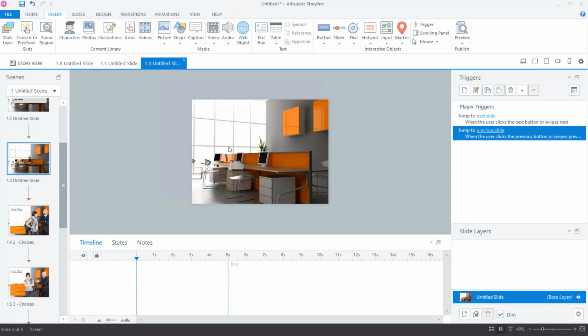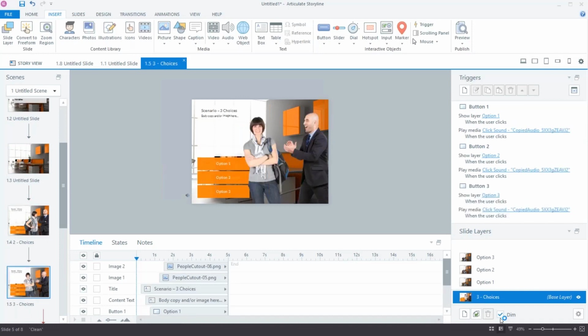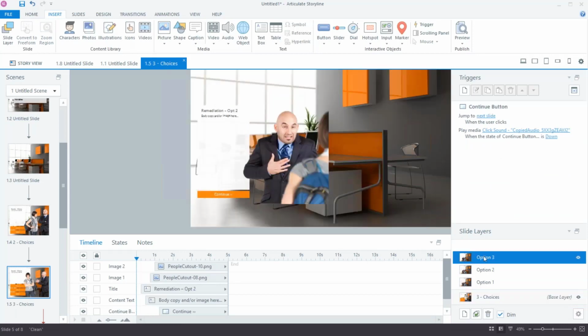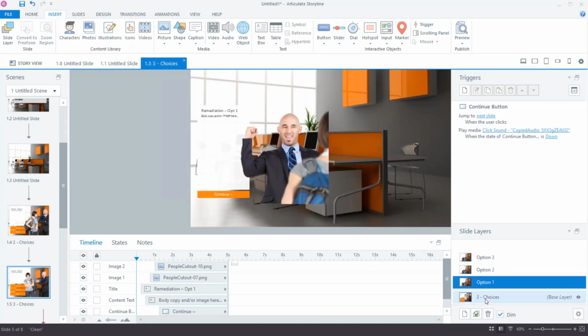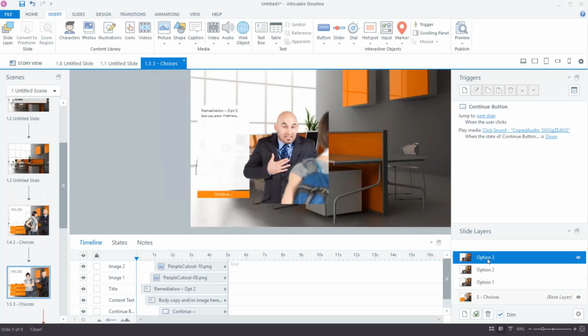So now as you're looking at this, I've got my main slide open right here. And you can see that it's over here on the right. This is called my base layer, because, like in some of the image editing tools, Photoshop, Illustrator, whatever, I can layer things on top of one another. In fact, if we look at this slide, for instance, you can see I have my base layer that's called Choices, and then I have 3 additional layers that come in on top. As we run that, we would see that each of those is called by a click on a button, and it takes you to one of these layers.